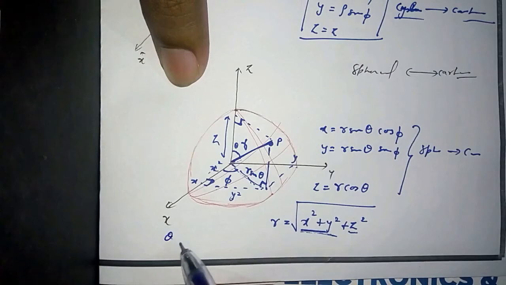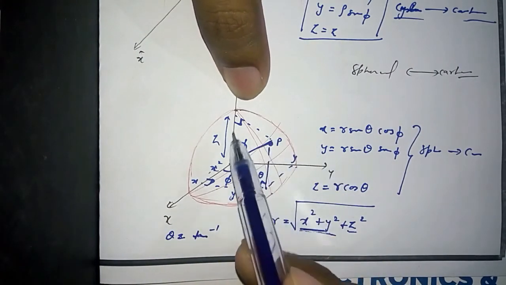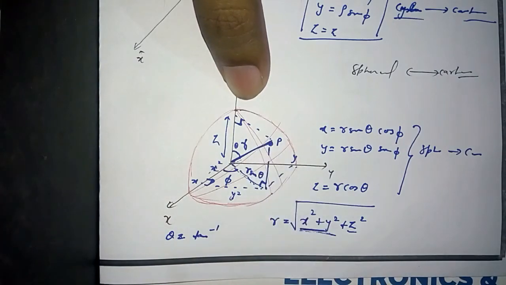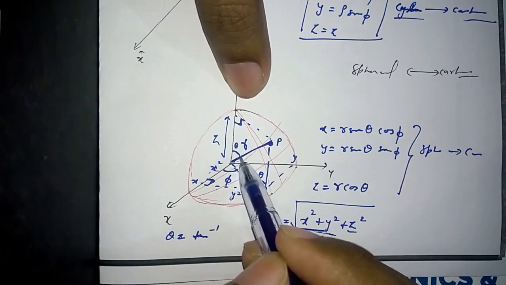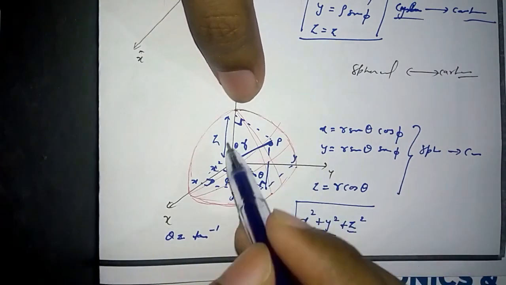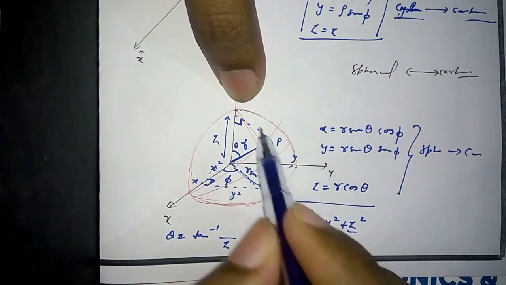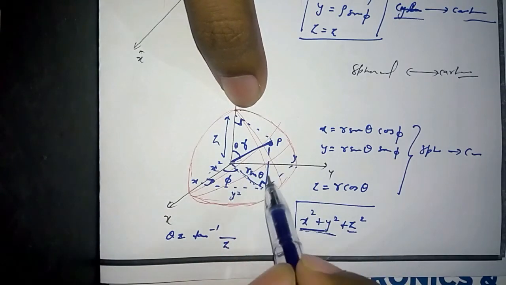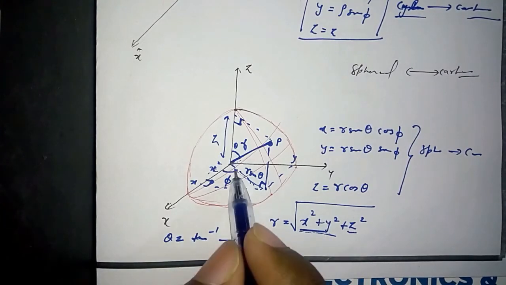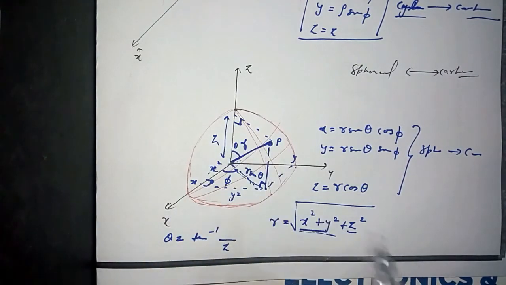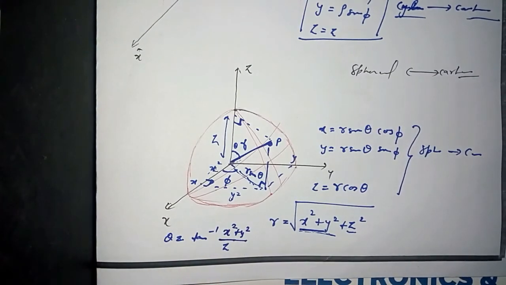Now the value of theta is, guys, tan inverse, this is the base and this is the perpendicular, because here we are getting the angle made with the z axis, so z is the base and the perpendicular is what? r sin theta, okay. And r sin theta is what, guys? Root of x square plus y square. So this is the formula of theta.